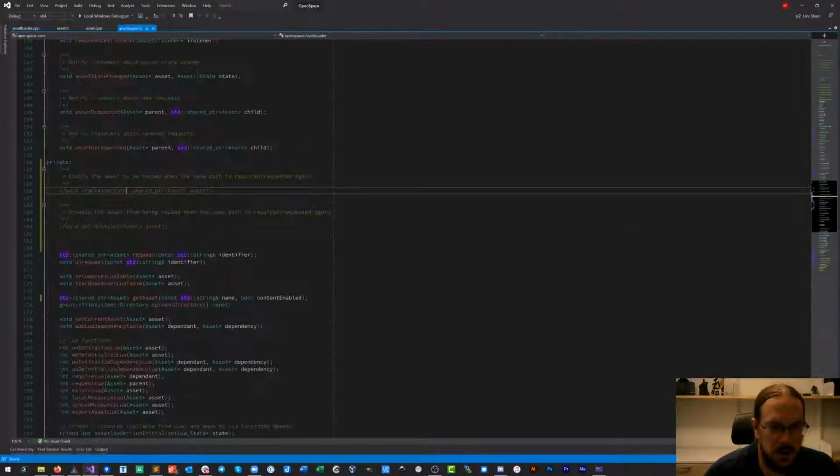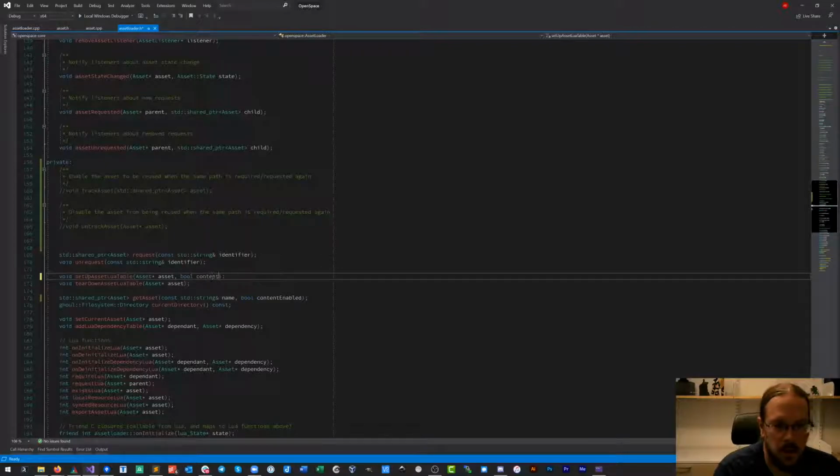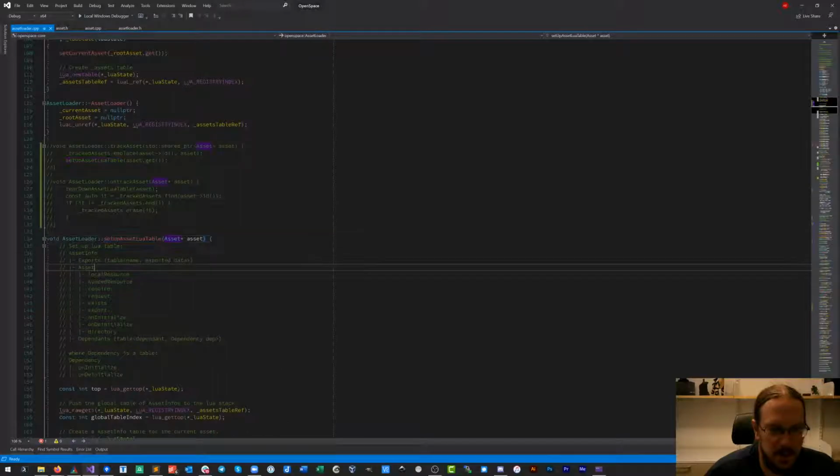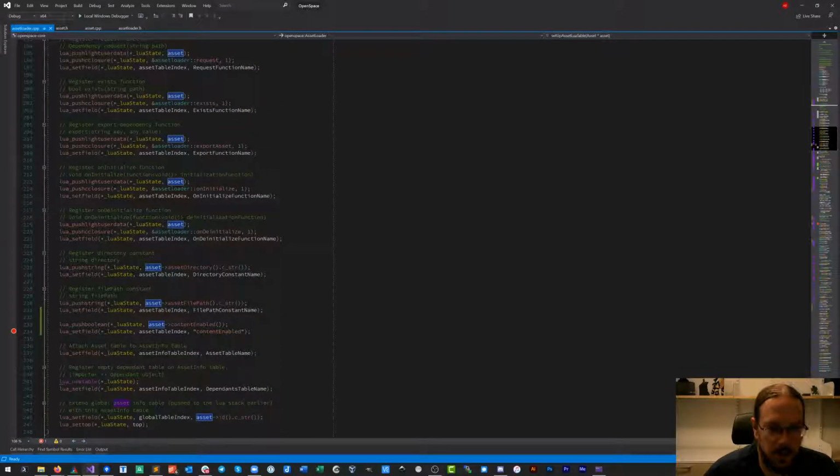So now our setup Lua table. There we go. Whether the content... That's actually stupid. Let's not pass it in as a parameter because we're already passing in the asset, and we're already getting the value out of the asset.